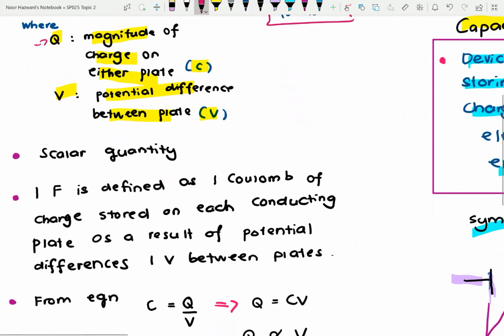Okay, and then capacitance is also a scalar quantity, so we don't have to be bothered about the directions. Okay, and then this is like common questions also in exam. It always asking what is define 1 farad. Okay, so 1 farad is defined as 1 coulomb of charge stored on each conducting plate as a result of potential difference of 1 volts between the plates. So macam mana you nak bina ayat ni? Okay, kalau you nak dapat 1